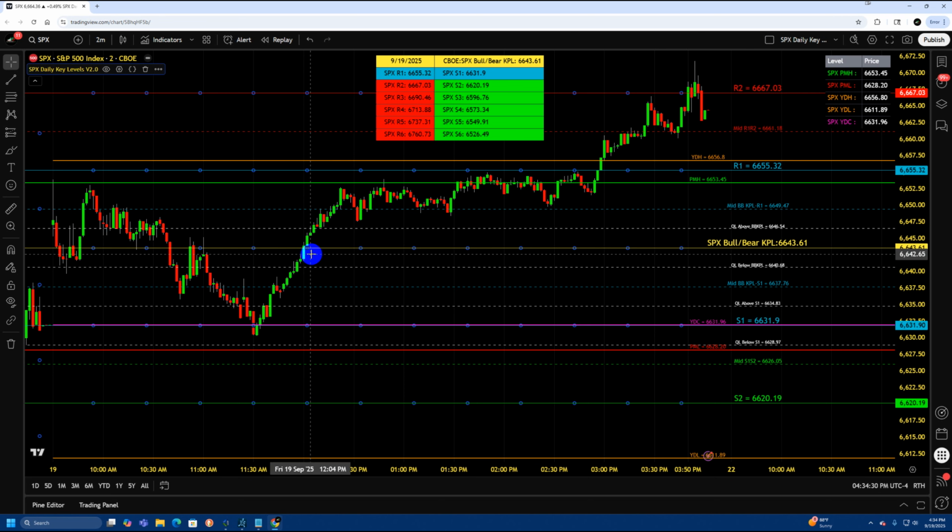Another thing to keep in mind is that if you prefer to let the trade ride, then you need to adjust your stop loss as it hits each level increment. So when it hits your first level here, and if you're not the kind of trader that just wants to get out after the full 1 level move and you want to see if it's going to go up further and you want to ride it up,